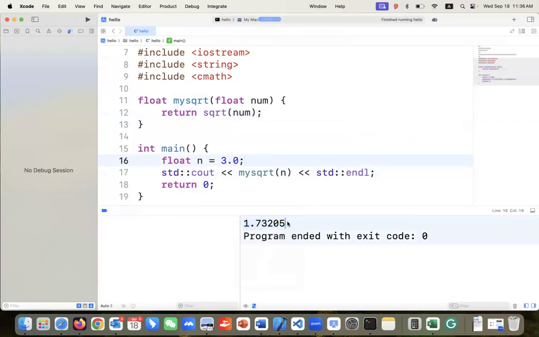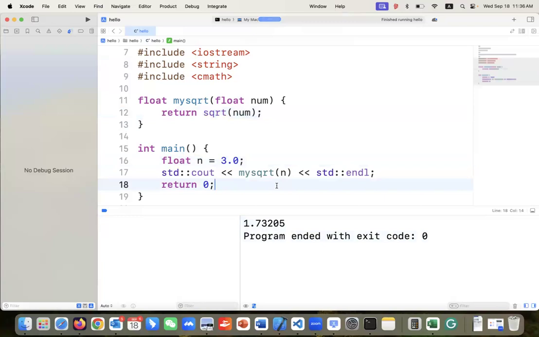it's doing similar things. In your main function, you are calling your function called my square root. You give it a number n, 3.0. Then this will call that function, my square root, which takes a floating point number and returns a floating point number. It assigns 3.0 to your number, then calls a function called square root. It will call another library, square root, then return the number to the main function